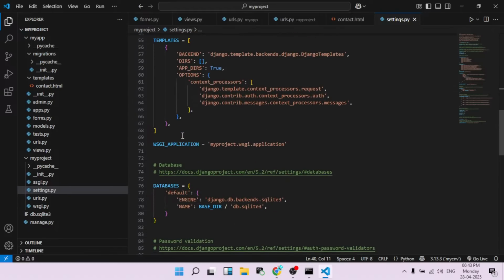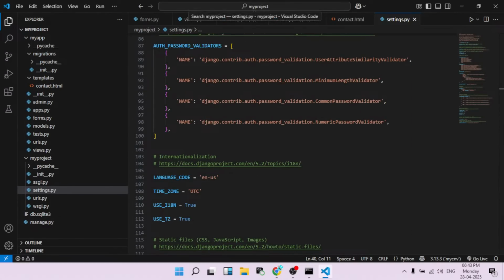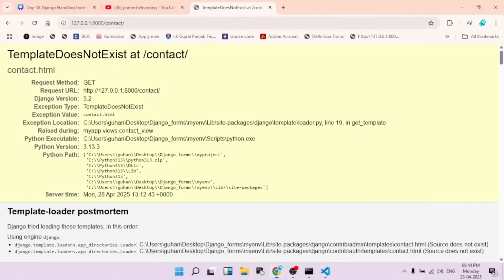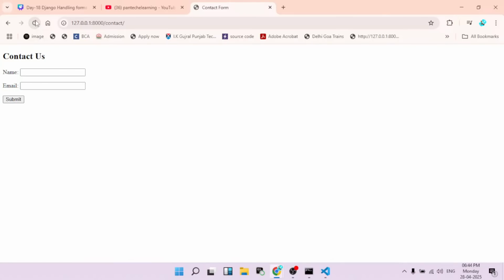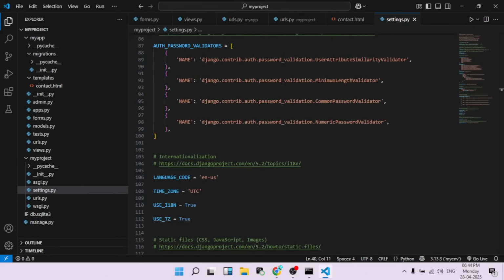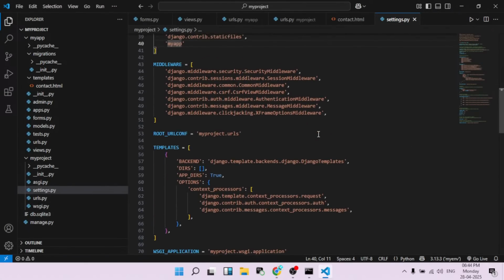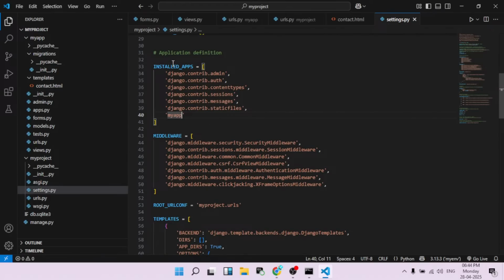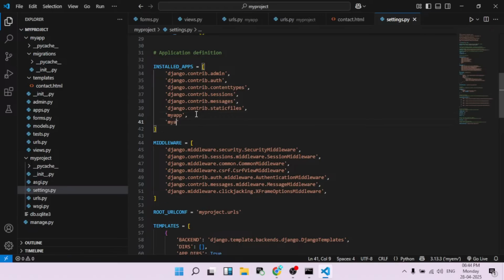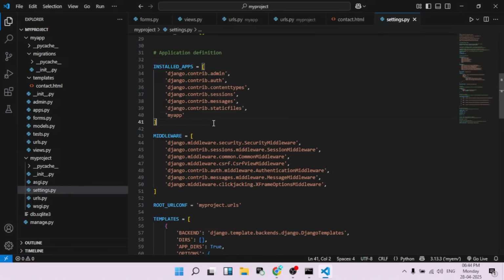Okay, now we're going to the browser. Now it shows correctly. We didn't mention our created app in our installed apps. Whenever we create a new app, we need to mention it like this. If you create another app, we need to mention it like this. Then only Django takes that app, otherwise it does not consider that app. Okay, basically